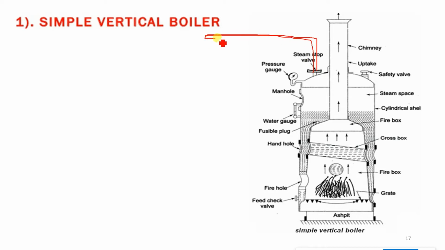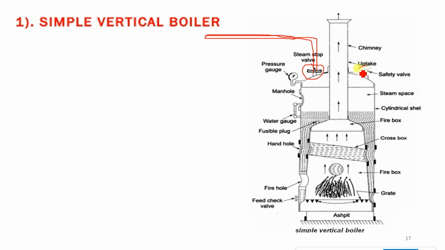But whenever you want to stop the operation in your industry, or stop the generation of electricity, in that case you need to stop the turbine. To stop the turbine, we need to stop the supply of steam. In that case, we close this valve. Therefore, to stop the supply of steam, we operate it. Otherwise, it is always in the open condition. Hence, it is called a steam stop valve, not a steam supply valve.